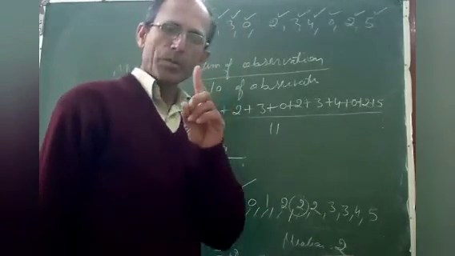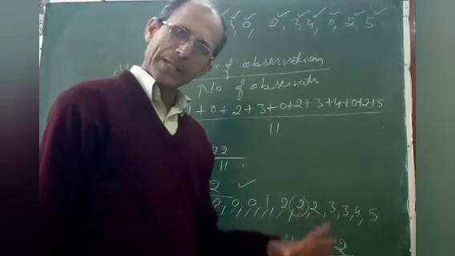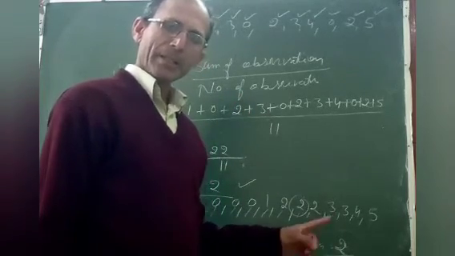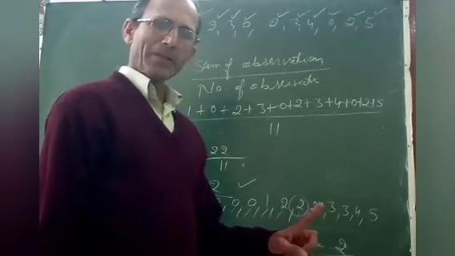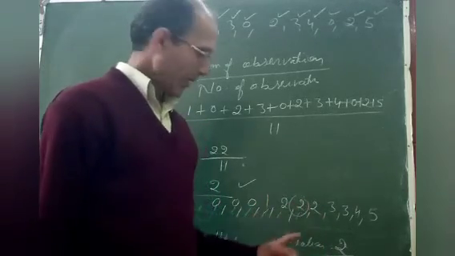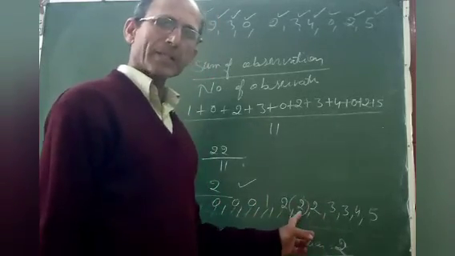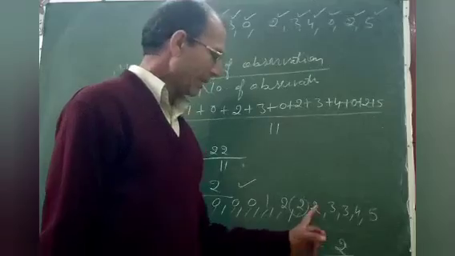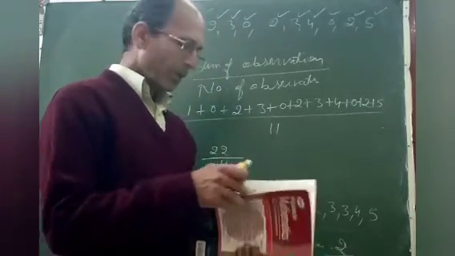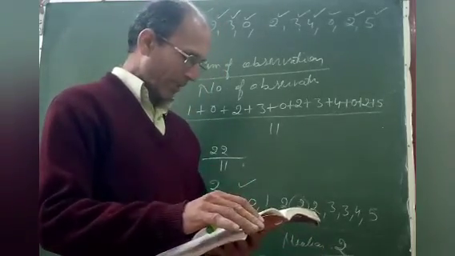So if the number of observations is odd, then first add 1 to the number of observations. Now 11 are there. Now add 1, it becomes 12. 12 divided by 2 means the 6th observation will be the median. So the median is 2. So this exercise is also over, students.